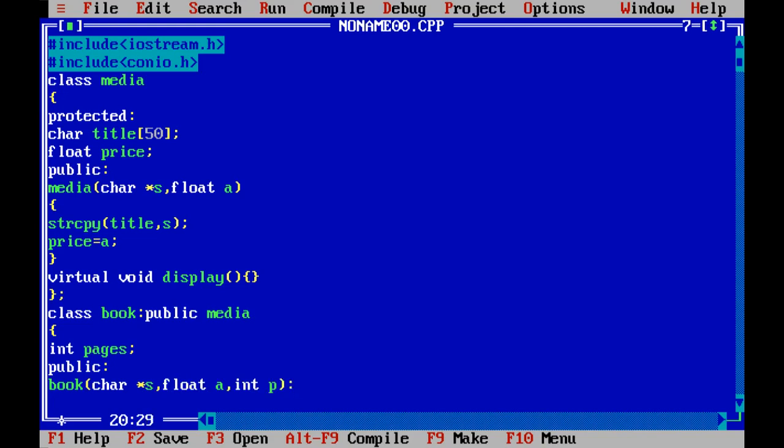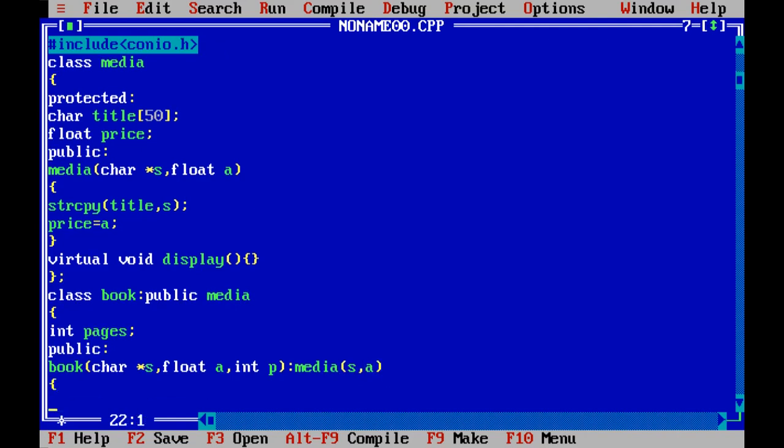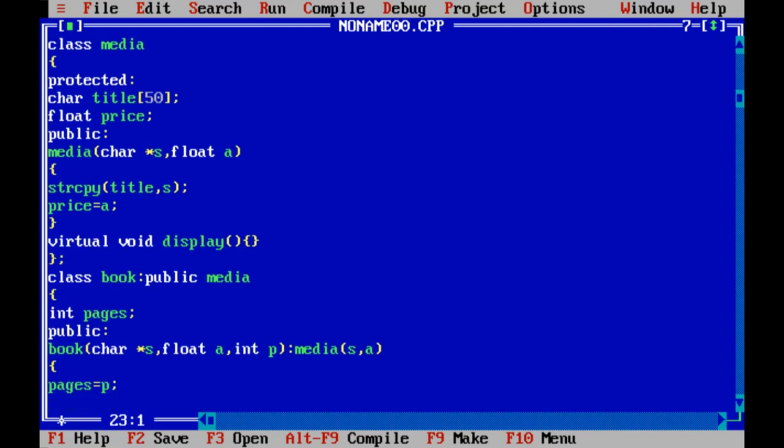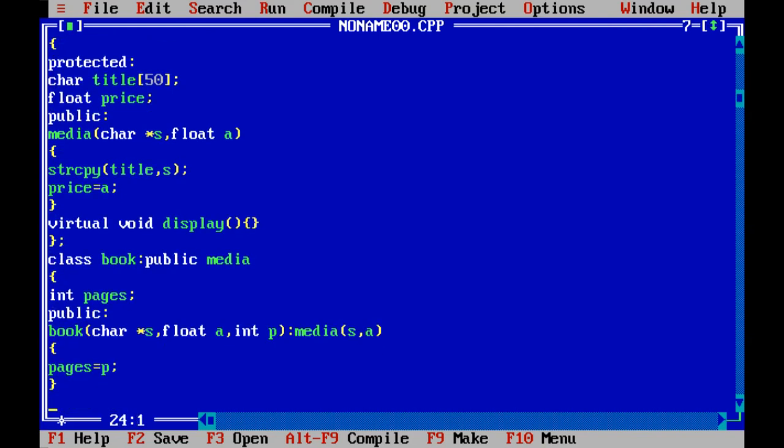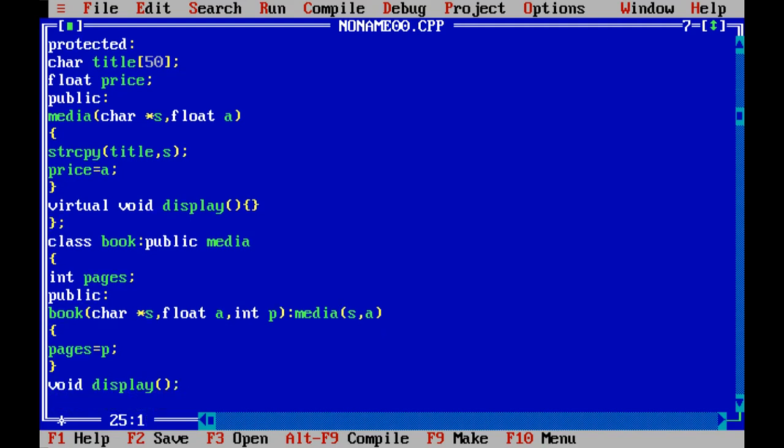And here I am passing the first parameters to the base class constructor, so s comma a, and I am assigning the third parameter to pages, so pages equal to p, and void display, and I want to declare this outside of the class,